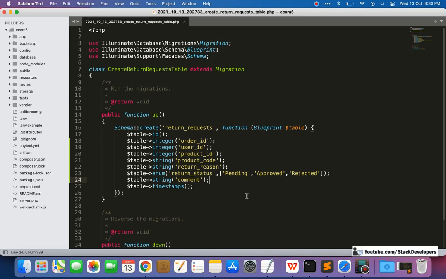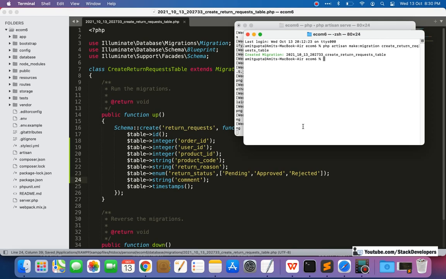Any option the user can select, but the user can give the comment. It is similar to Amazon, so we are going to follow the Amazon process. There the comment was there. Initially I thought that it is not required, but let's do it in the same way. Now we are going to create this table with the php artisan migrate command. You all know, I think, php artisan migrate.